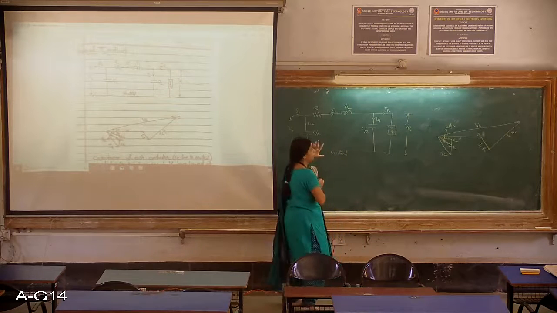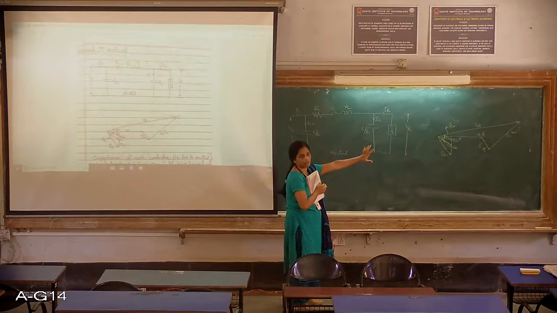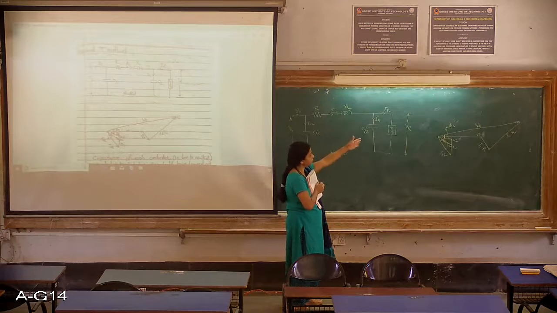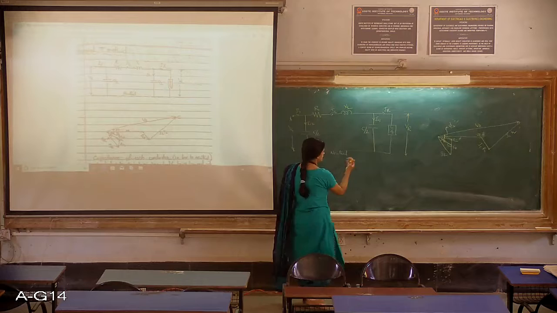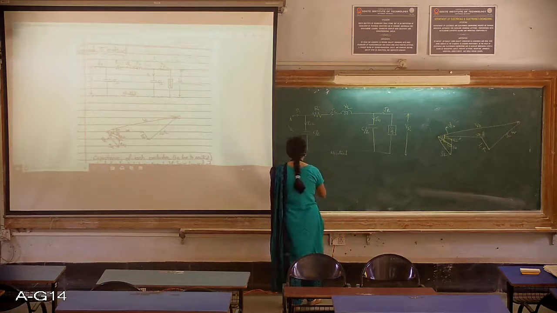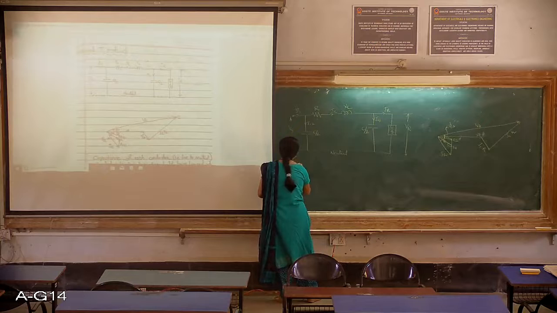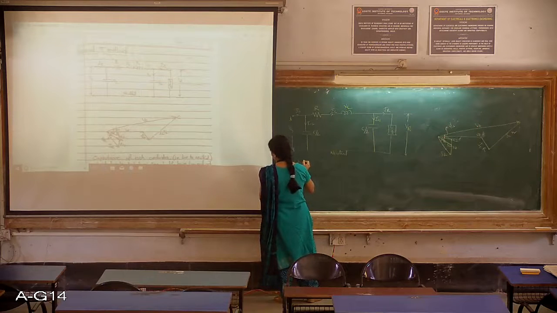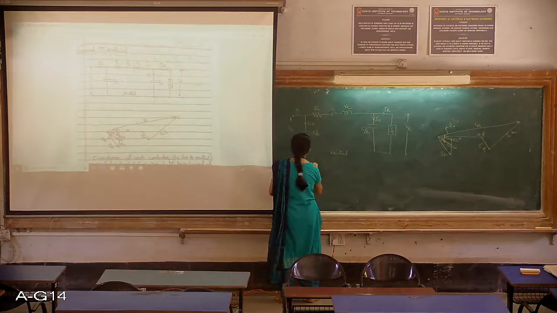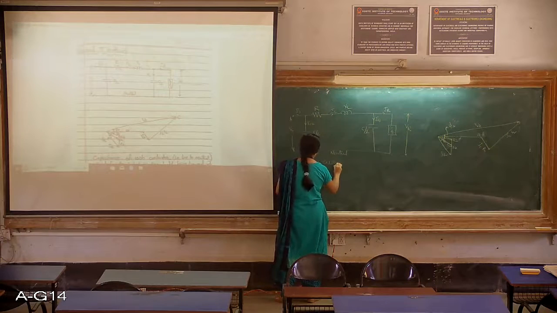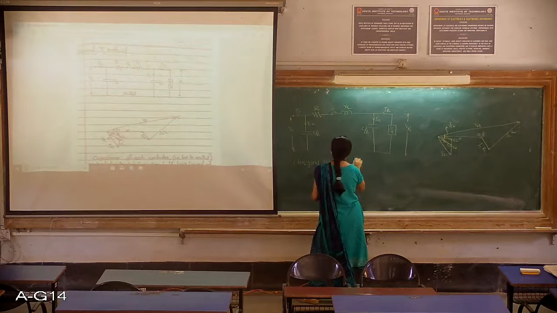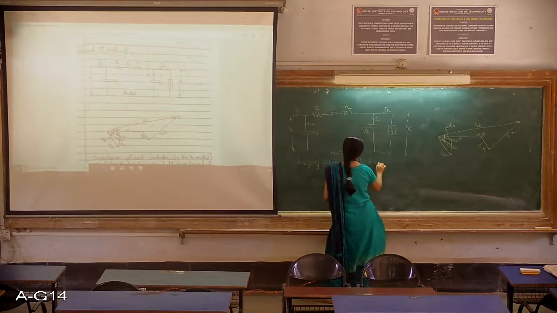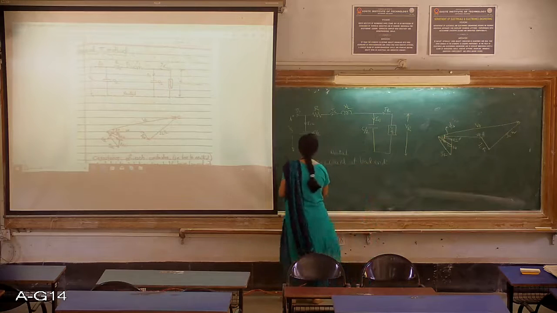From it all the expressions can be written, so we'll write a few expressions. First I will write the charging current, only for the load end. At the load end, it is IC1.